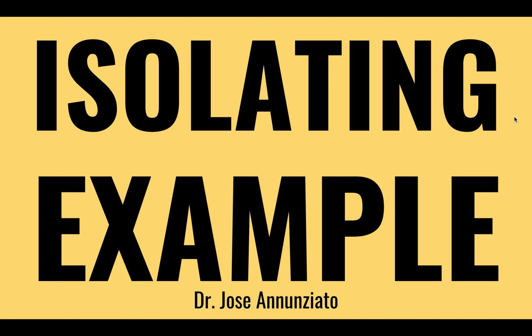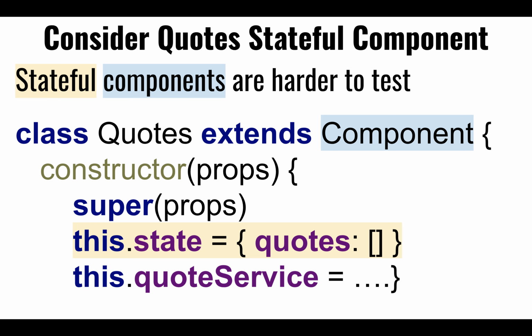All right, so let's take an example of what we mean by isolating a component. We'll start with a component that we've already seen in a previous class, and we'll see how it's going to be refactored from a stateful implementation to a stateless implementation. So let's see. A while back we worked on one of the more boring features of our assignment,